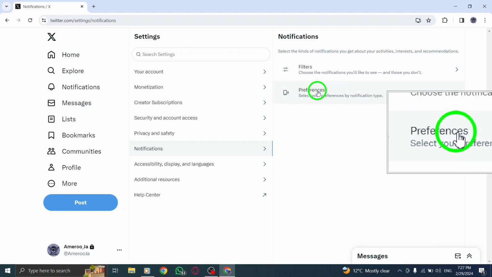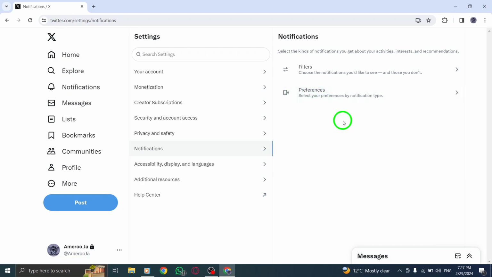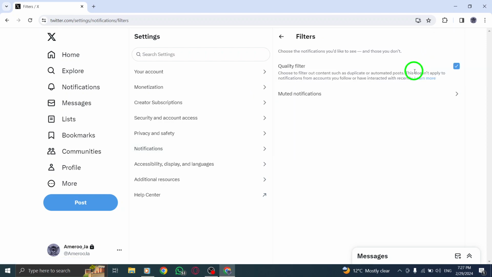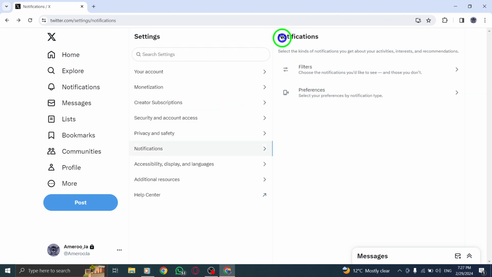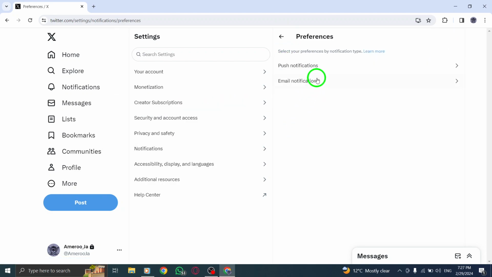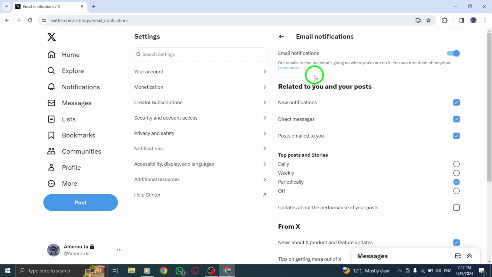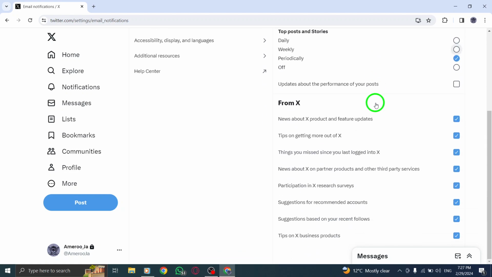Now, within the Web Notification Settings, look for the option to change the notification settings to receive notifications by anyone. Adjust the drop-down selections accordingly to allow notifications from anyone. Once you have selected the option to receive notifications from anyone, remember to click Save Changes to apply the updated